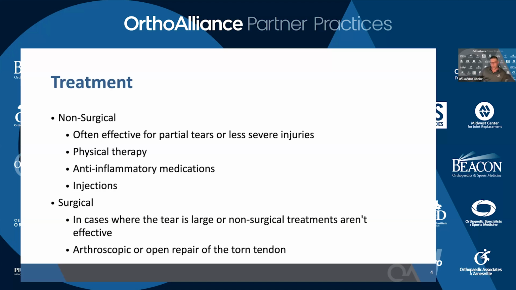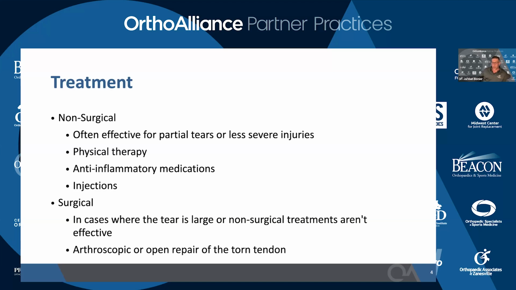But sometimes we use other alternative types of injections. And typically in my practice, we do a fair amount of platelet-rich plasma, which is a regenerative type of biologic injection that has some good results with rotator cuff injuries. So that typically is the course of non-surgical treatment that we'll attempt for usually at a minimum of 4